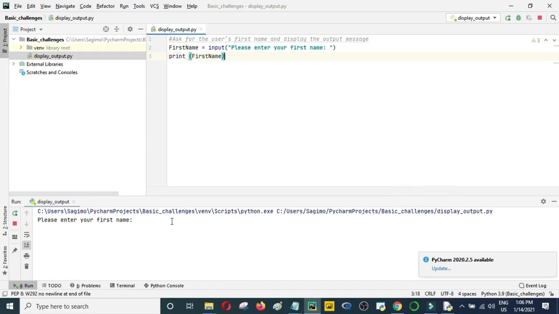All right, so here it is at the bottom. So please enter your first name. My first name is John, right? Tap on the enter key. Yeah, so that is it. We have successfully executed that particular code. Yeah, so John has been displayed. You can see we have entered John, then John has been displayed